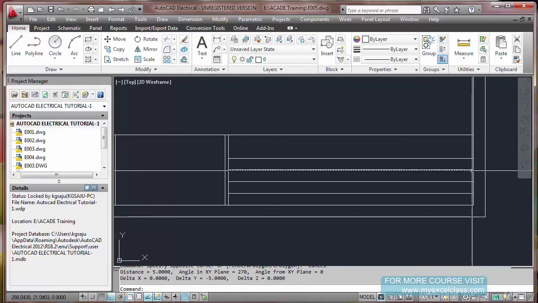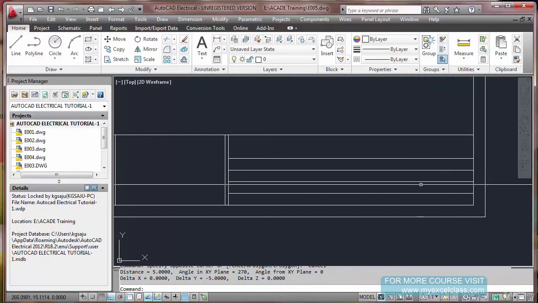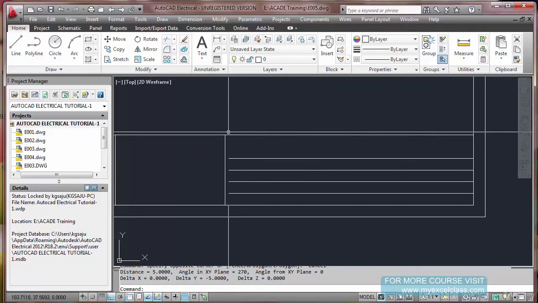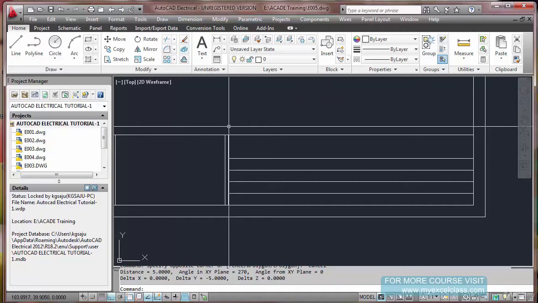So while making a title block, again just like what we did in the symbol builder, take your own time, because this is a one time job. Once you've done, you are through, you don't have to relook into this. This is final forever. So take your own time and create it beautifully.